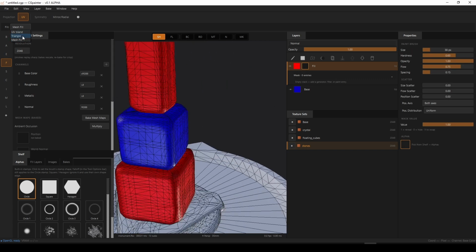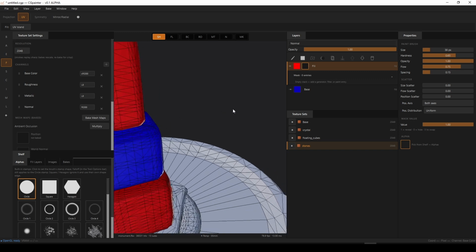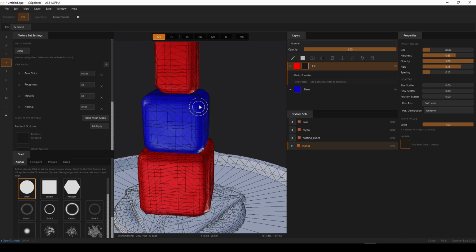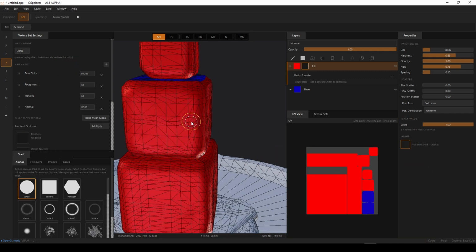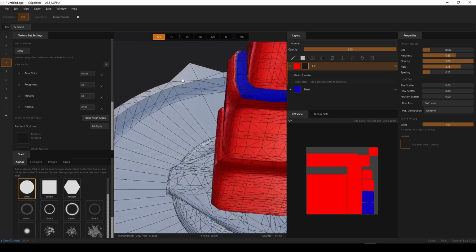I can also click on UV islands. I can't see my UVs right now, but if I want to see them, I can go to Windows, I can go to UV view, all right? And let's say I want to dock it somewhere here. I can click on this. You can see that the entire UV has been